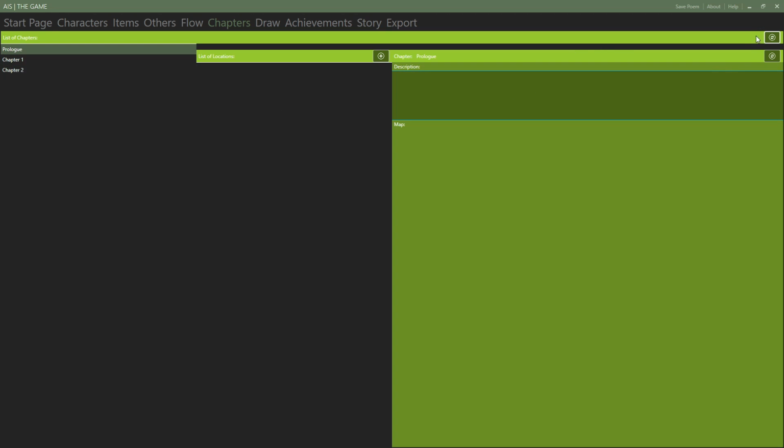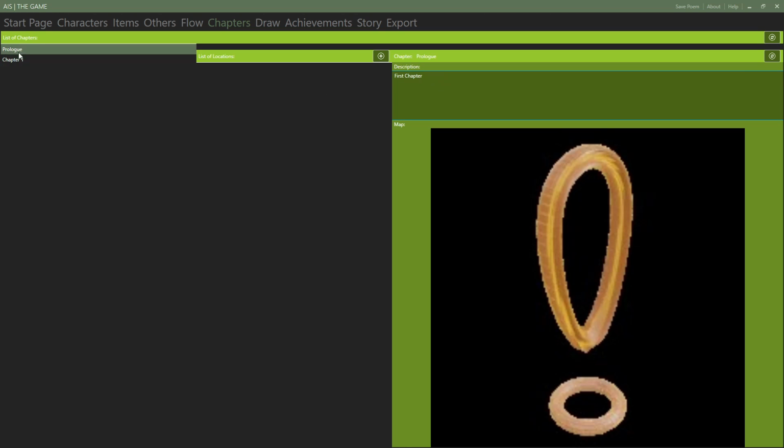So if that happened, you press it here, and so okay. Now you see that here is the chapter 1 description, here's the first chapter description, and this is the image preview. If it doesn't have it, it will show its icon only,